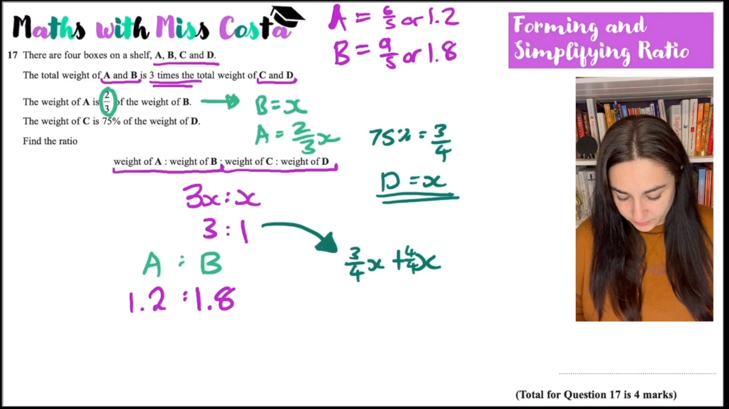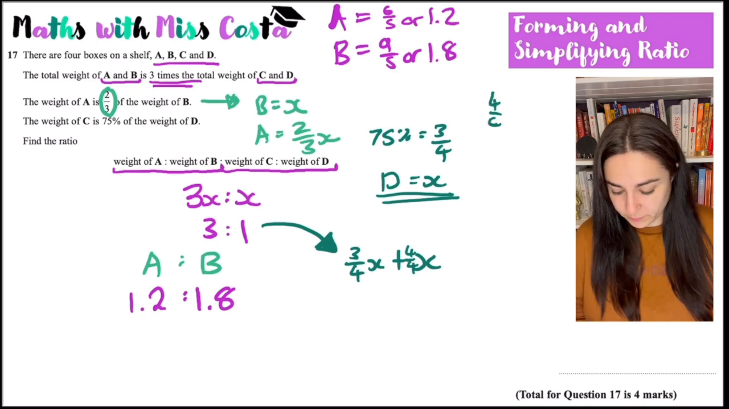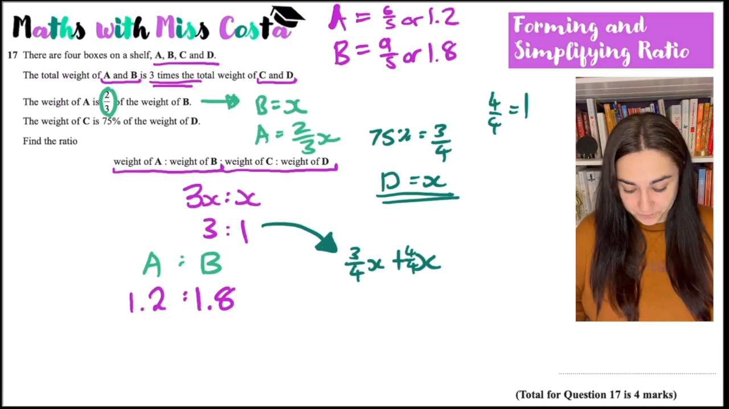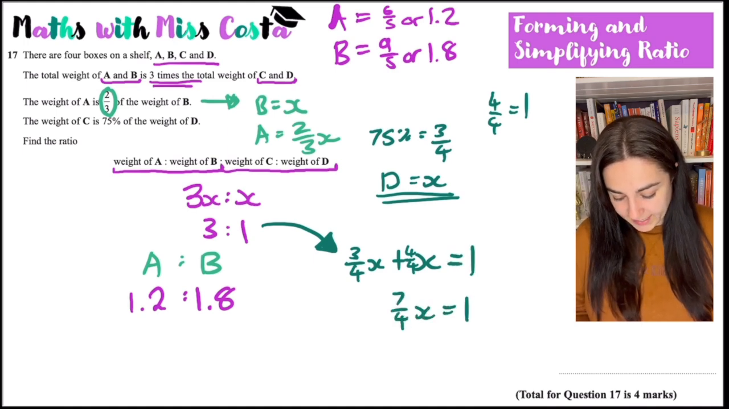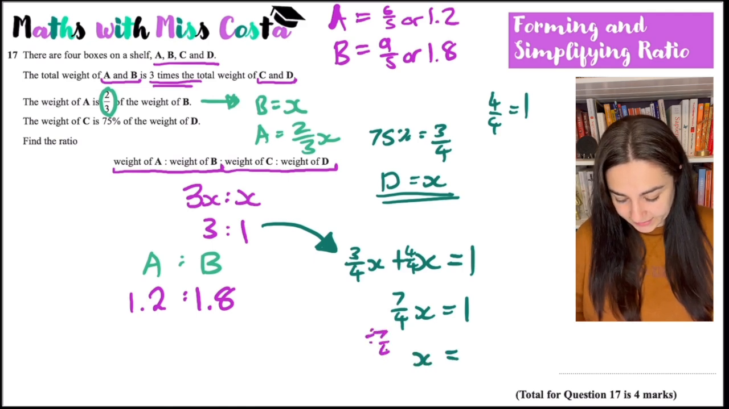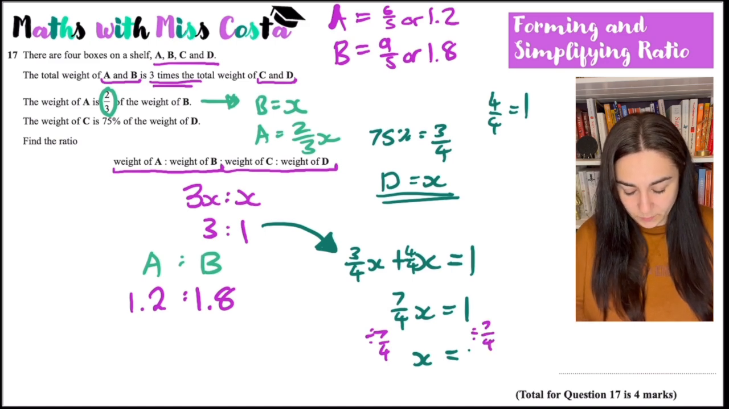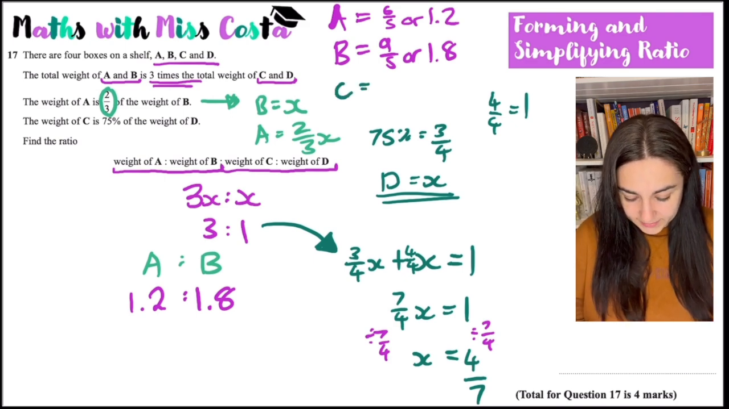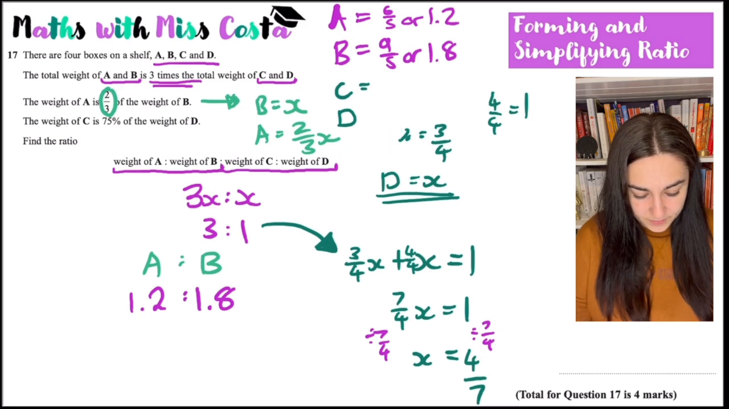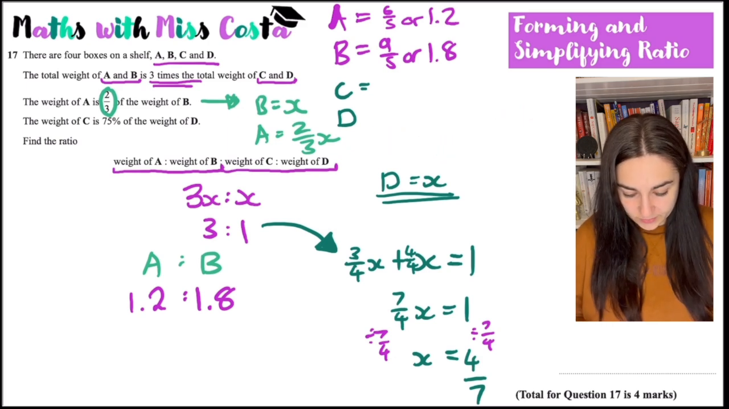And once again, I could write this as 4/4 x because what's 4/4? That's a whole. So it's the same thing, but just so you see what's going on. So 3/4 x plus 4/4 x must equal 1. Add them together, 7/4 x must equal 1. So therefore, how am I going to work out what x is? I'm going to divide both sides by 7/4, which leaves me with 4/7. So therefore, D must equal